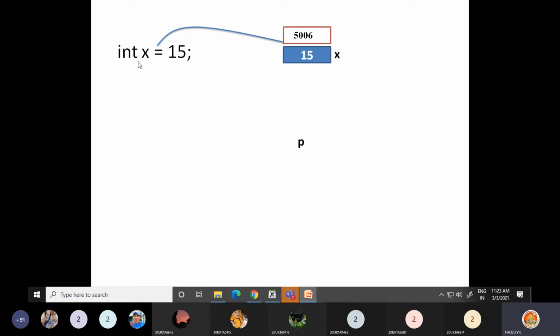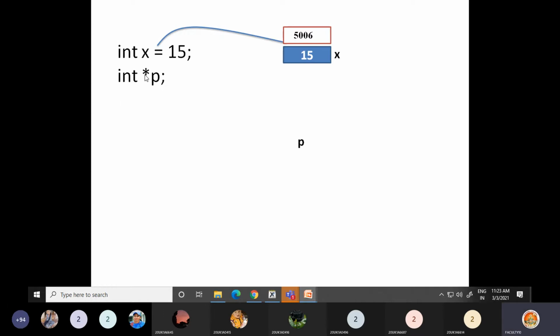When you compile your program, a table is created. The table is called the symbol table. Inside the table, it stores all the related information: the variable name x, its address 5006, its value 15, its data type int. Such bookkeeping is done by the compiler. The compiler maintains records for all the variables in this way. This is an ordinary variable; when we declare x is equal to 15, this is what happens internally. Now I declare another variable, int star p.